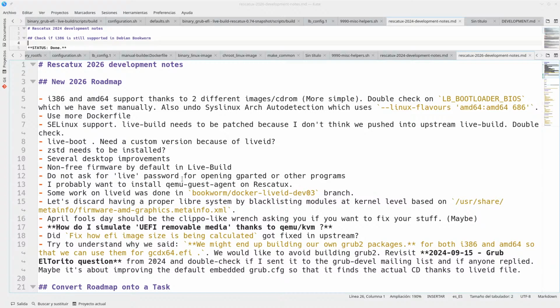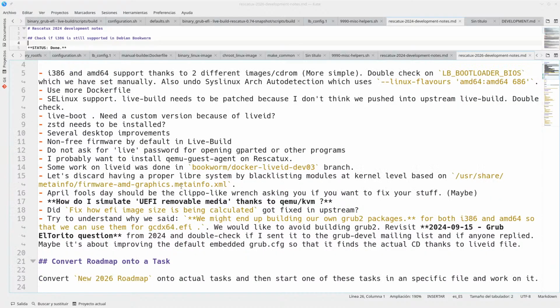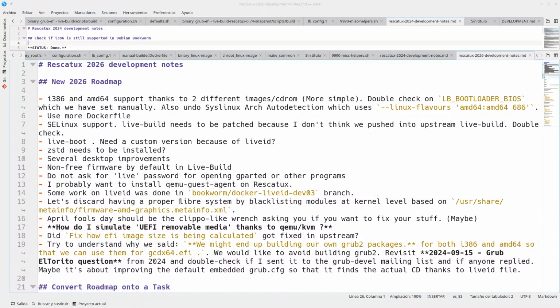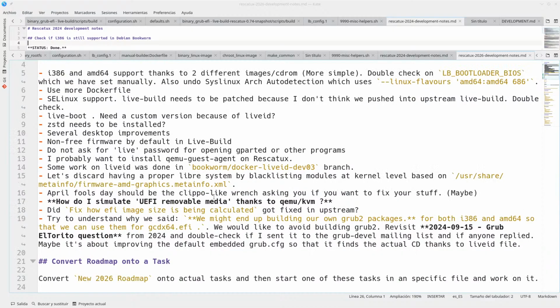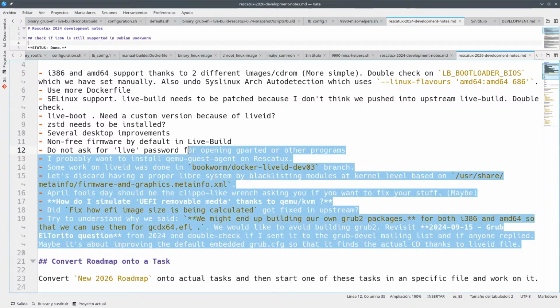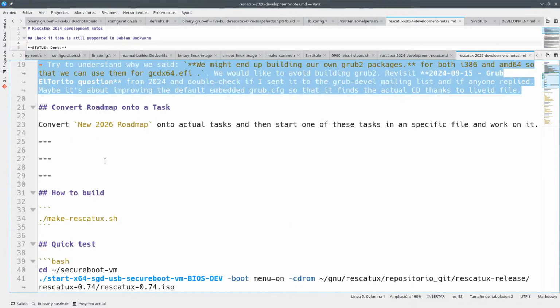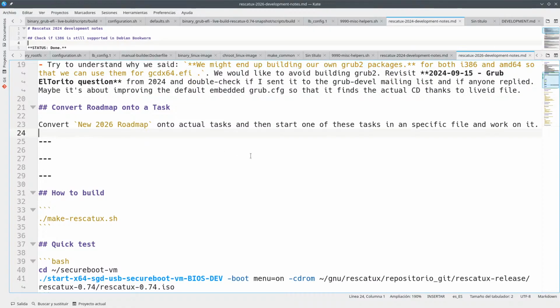So I'm not sure how I'm going to go about it. But the thing is that all of these roadmap points need to be converted into tasks. Okay, so that's what we're going to do right now,